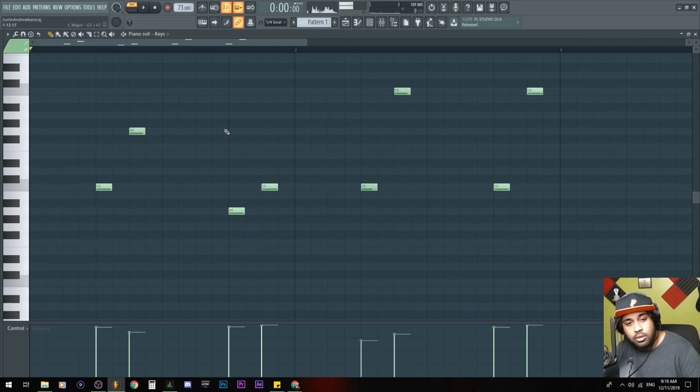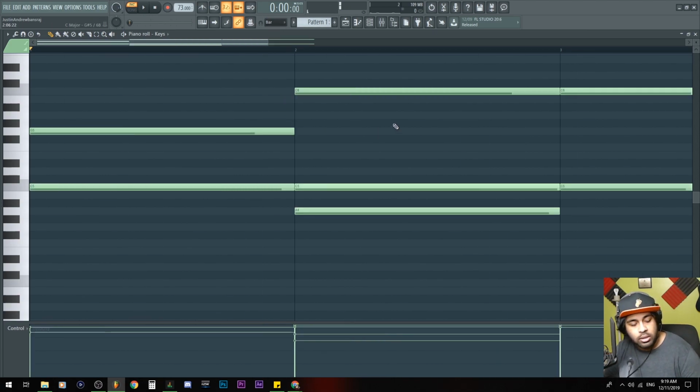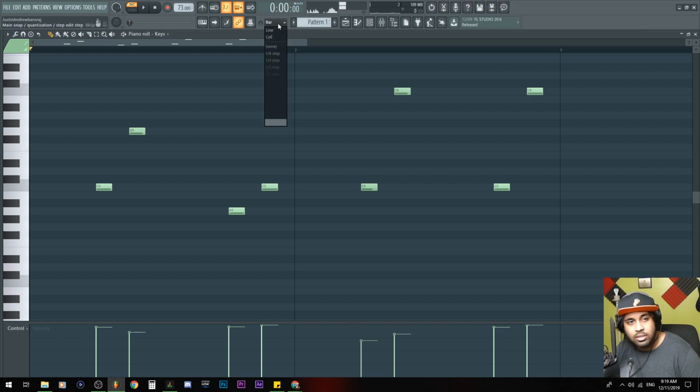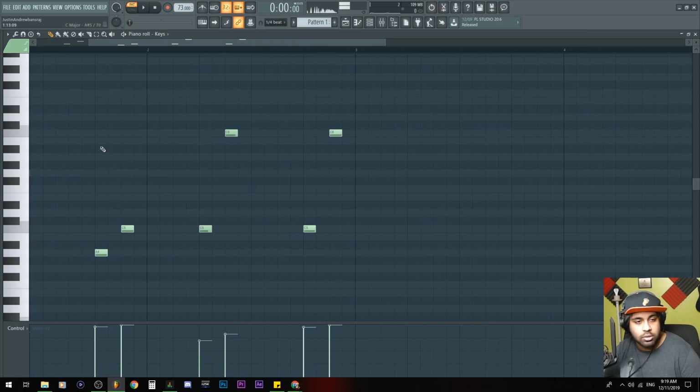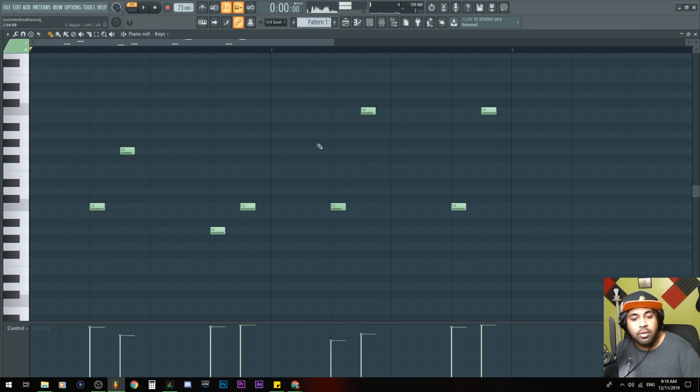If I hit Control Q, that'll quickly quantize, which means it'll stretch out to the end of the snap here for those notes. So if I put this on beat, hit Control Q, you can see it stretches and quantizes to that snap, which was 1 bar. If I go to half a beat, you can see it made it louder right there. Holding Control and scroll to zoom in, zoom out, by the way. If you're looking at these things down here and wonder what it is, I'll explain real quick. This is the velocity of the notes.